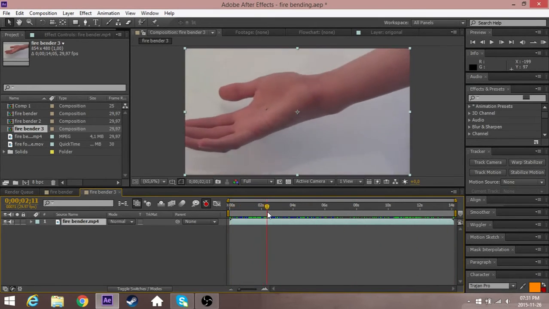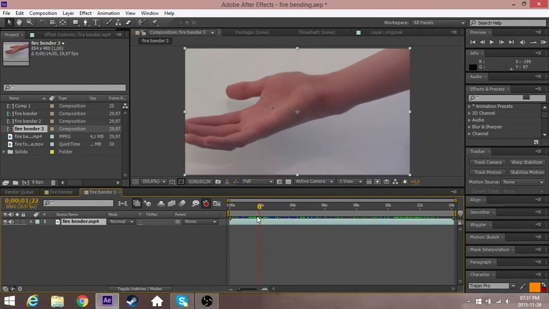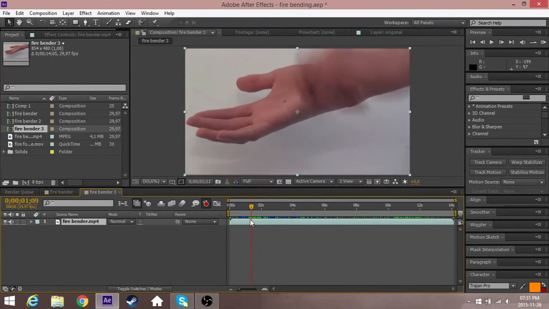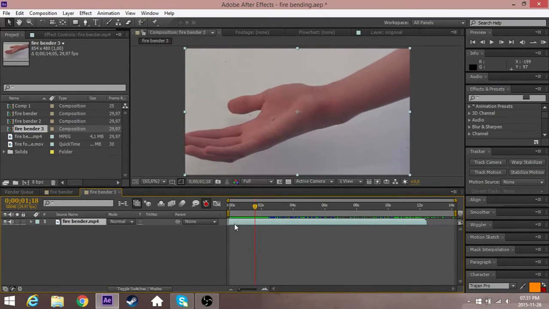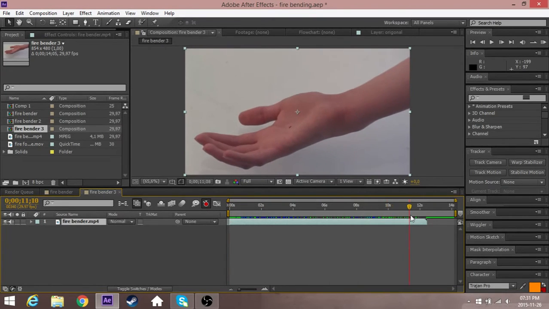Now I thought it would be a nice idea to click my finger and then the fire would appear, but that doesn't really seem to have worked when I was practicing this. So I'm just going to cut out the part which involves me clicking, and I will just trim the composition to how I'd like it. So I'm just going to do that quickly, just trim out